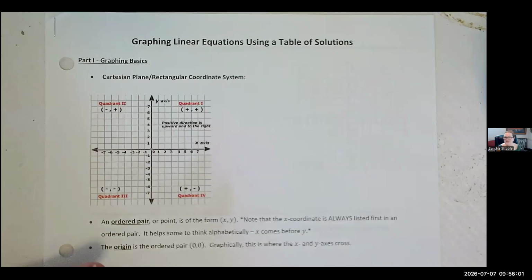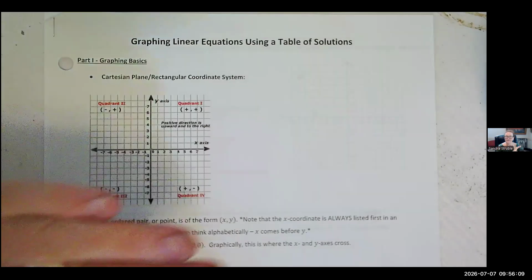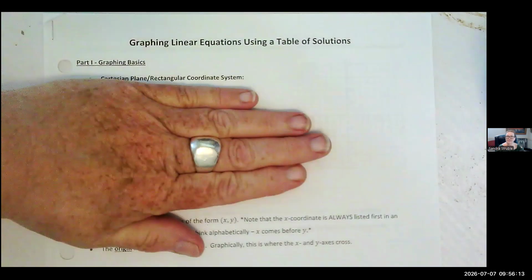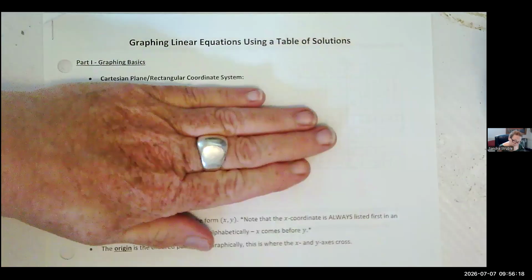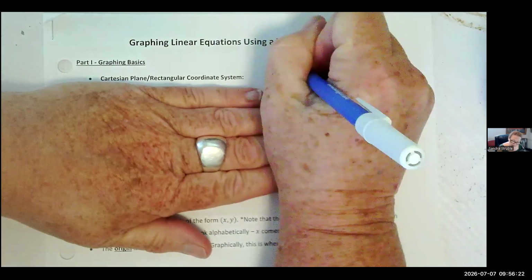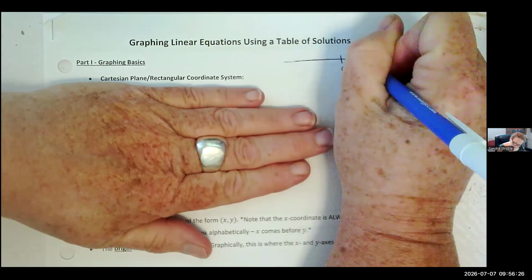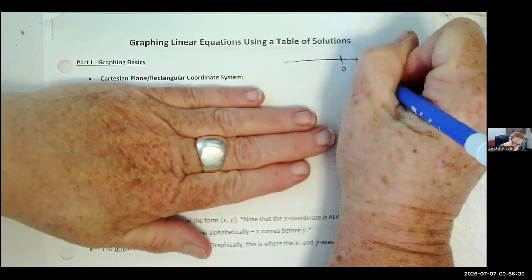So the first thing you need to understand is what is a Cartesian plane or Cartesian coordinate system. And before we even look at this critter, if you have no clue what I'm talking about, you've never seen something like this before, let's start with a number line. You have seen a number line. And a number line is just a horizontal line that has integers. It's actually a representation of all real numbers,